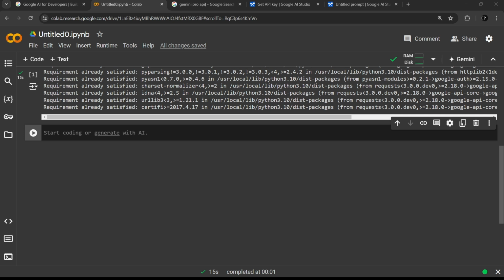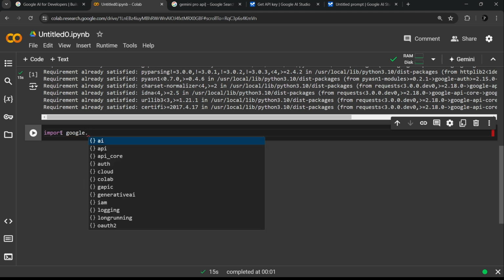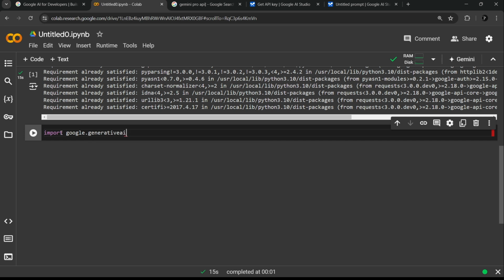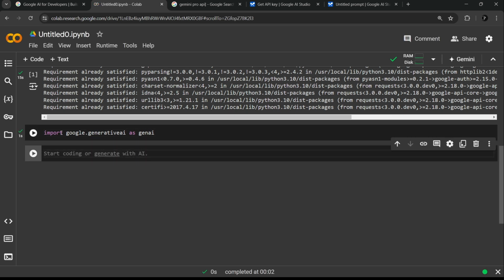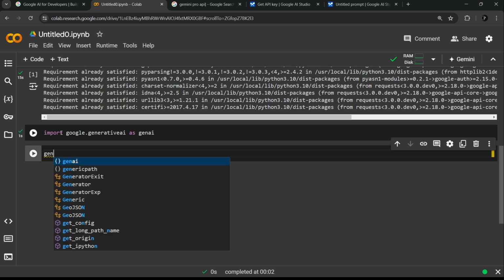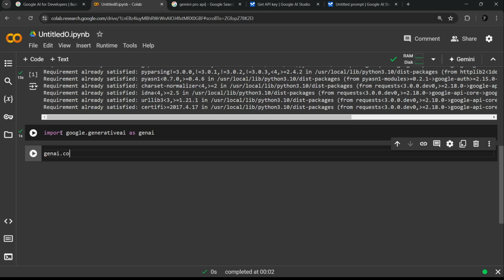Now what you have to do is you simply have to configure the Google Gemini Pro model with your API. So what I will do is I'll quickly write import google.generativeai. I'll write it as genai. I am importing it as genai. I'll run this, and what I will do is genai dot